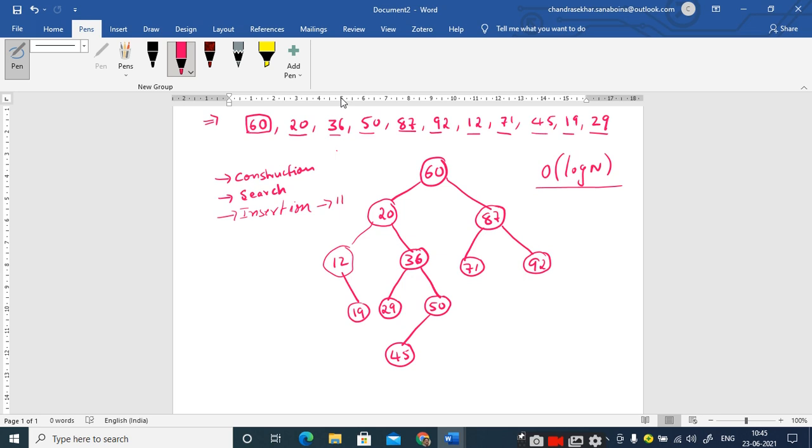So 11 compared with 60. Since it is less than 60, go to its left-hand side. 11 compared with 20, less than 20, go to its left-hand side. 11 compared with 12, 11 is less than 12. Since 12 does not have a left child, you will place 11 as the left child of 12. Right, is it clear?